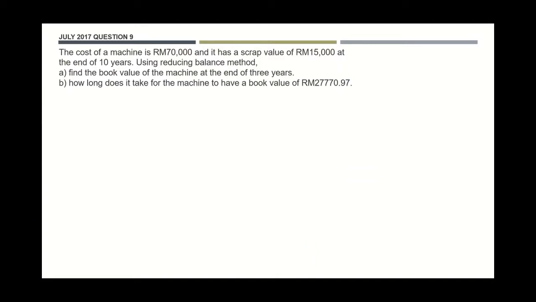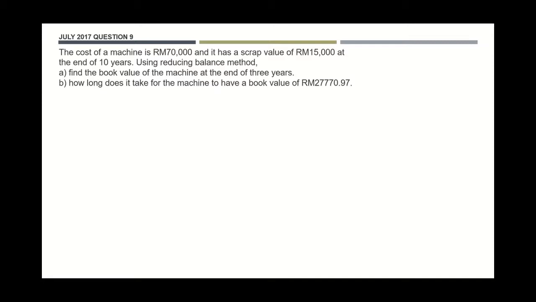So this is a question taken from the past semester exam, July 2017, question number 9. Okay, the question states that the cost of a machine is 70,000 and it has a scrap value of 15,000 at the end of 10 years. Using the reducing balance method, first find the book value of the machine at the end of 3 years, and second, how long does it take for the machine to have a book value of RM